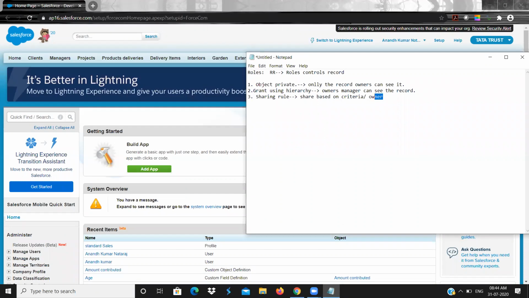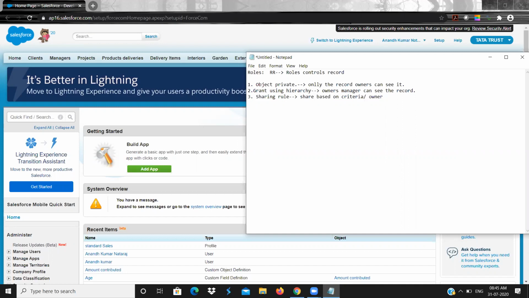This is for a person who is not my manager, but someone similar to me in the organization. We may have the same role or different roles, that doesn't matter. But I want to share a few records with him so that he can work. In that case, you go with the sharing rule, which is a criteria-based sharing rule. You can share based on criteria or based on the owner.